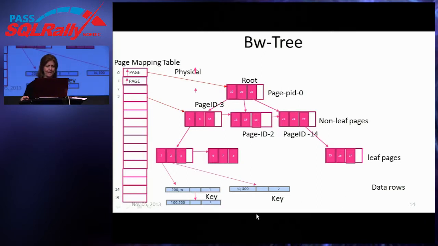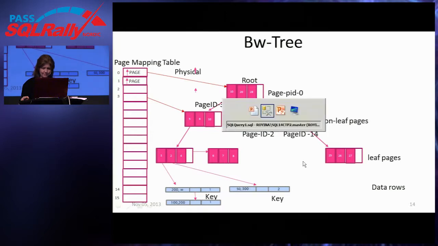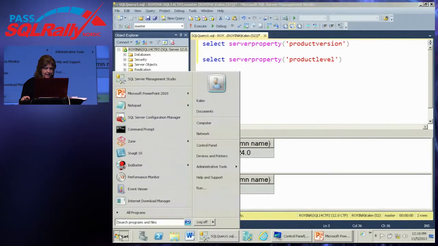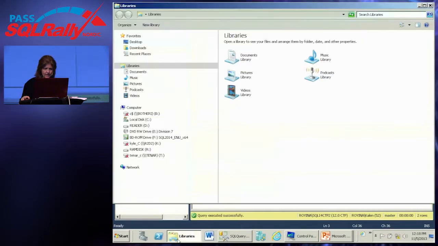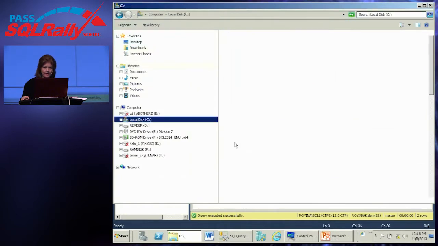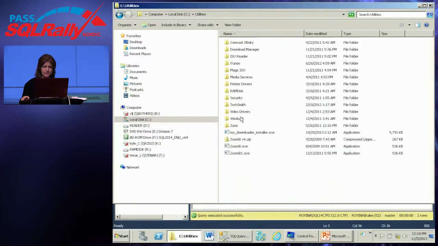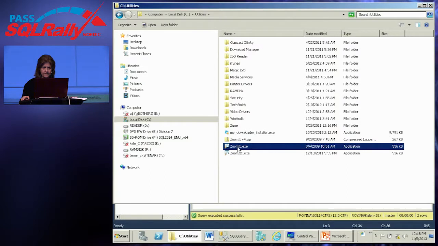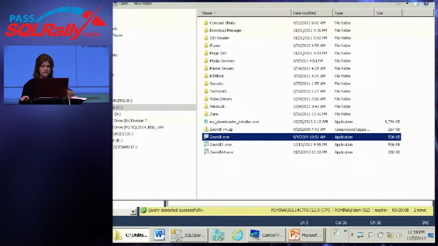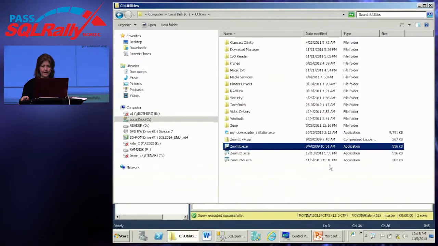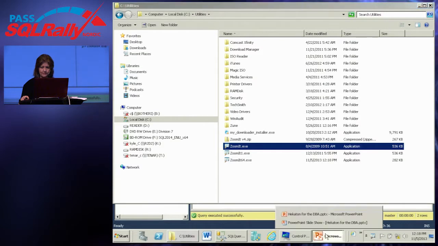And I do have a zoomer, but I forgot to turn it on since we were starting so close to the actual start time. Let me see if I can actually get my zoomer. Do I have it there? I should have put it right in my desktop, but I didn't. I'm going to get the zoomer on. It's under Utilities. All right, does that do it? There we go. Okay, when I need to zoom, I'll be able to zoom now.